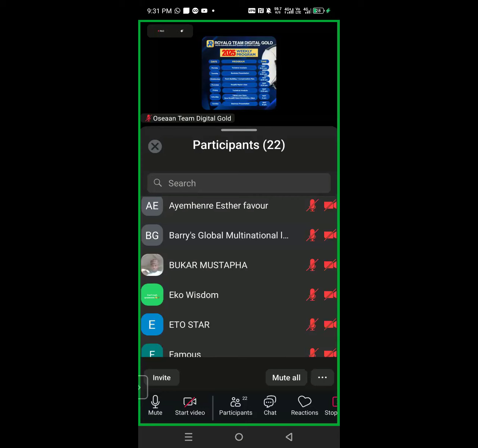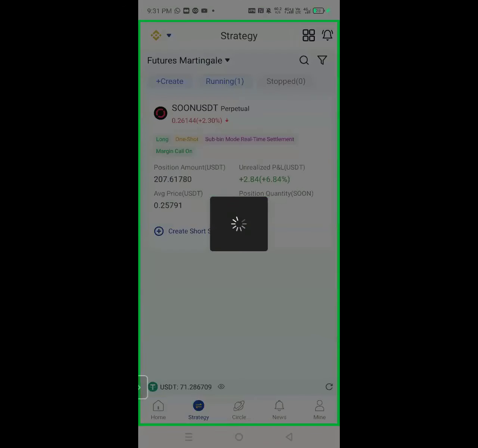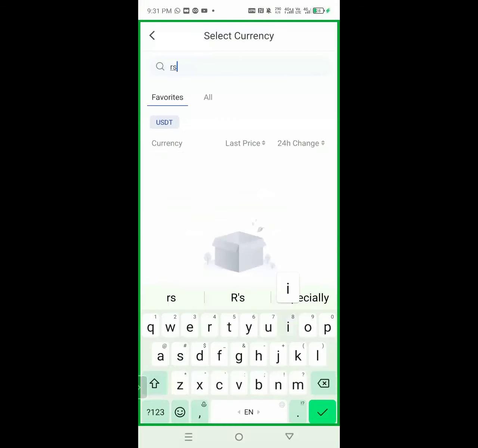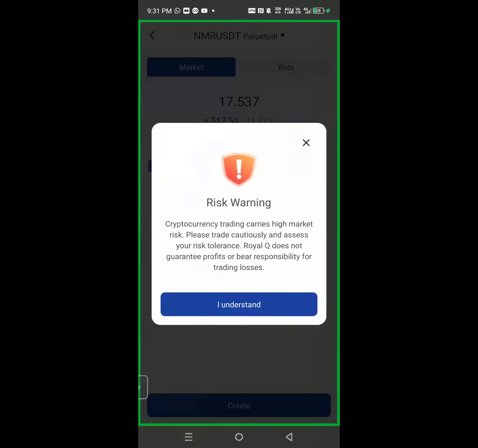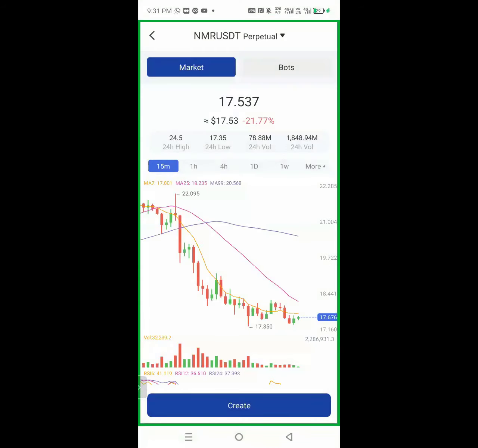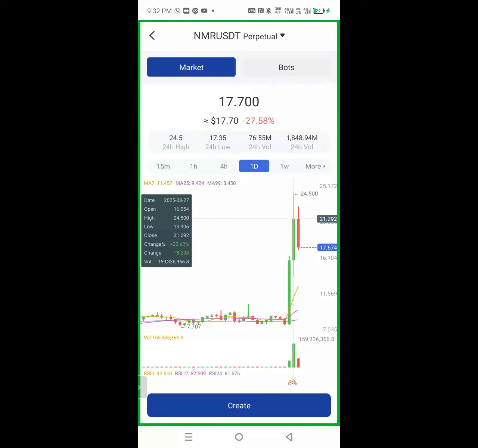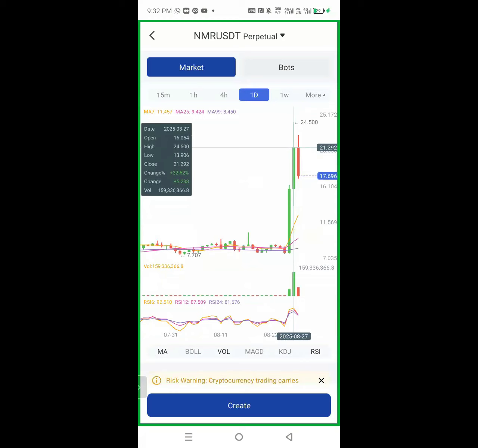So when that coin reached, before we close, let me just confirm using RSI. Let's see the RSI it reached yesterday. Okay, so this was the coin that gave people millions yesterday. So let me use one day. Okay, so look at the RSI. When this coin was pumping and you set it for short